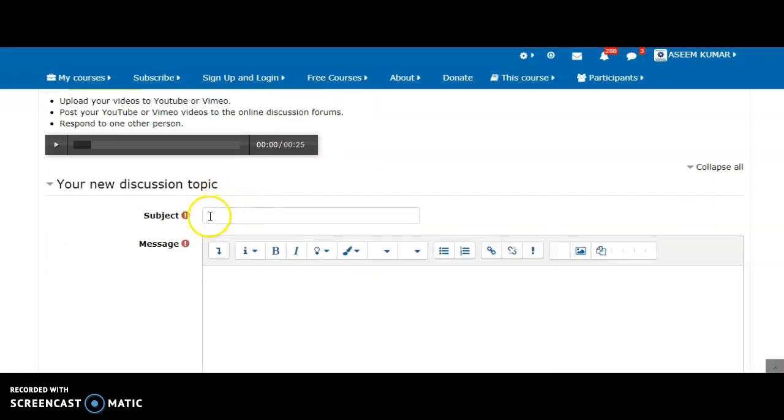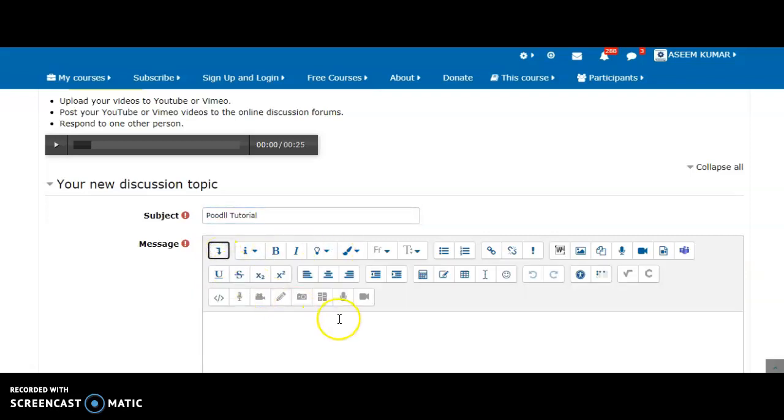So I will write here in the subject Moodle tutorial, and here in the message I can expand this toolbar by clicking on this icon, and once you click on it you will see the Moodle tools. Here we have an icon for audio recording, this one is for video recording, and